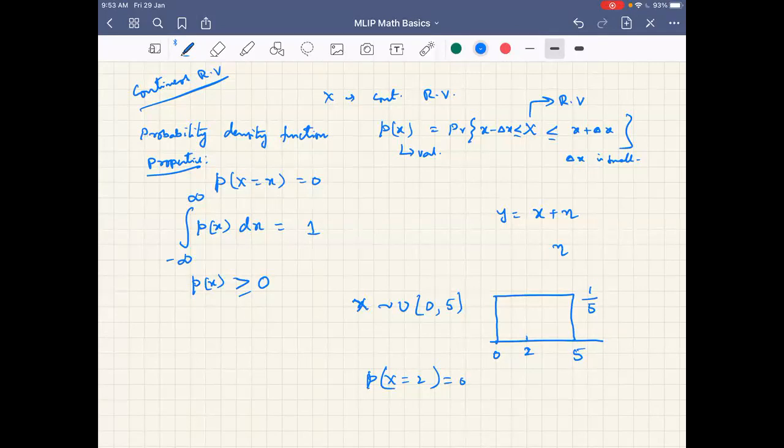So do you think that this p of x every time has to be less than 1? Is that valid? Should I put that this has to be less than 1 here? Yes or no? No. Okay, can you give an example of when p of x is greater than 1?